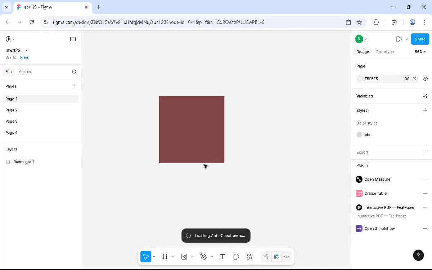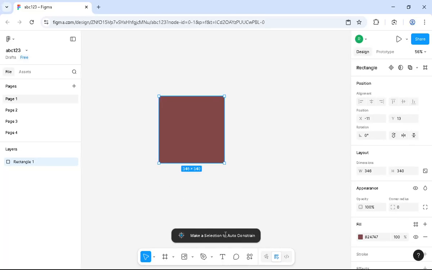So selection. Loading auto constraints, selection for auto constraints, and then starting that, which is right through the selection. And this is going to help you a lot in the things that you do, whether you are going to do that constraint or not. So that is all about